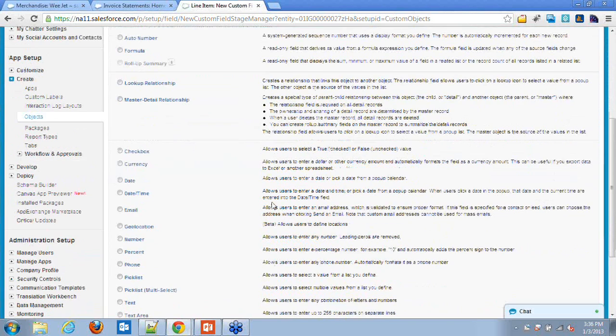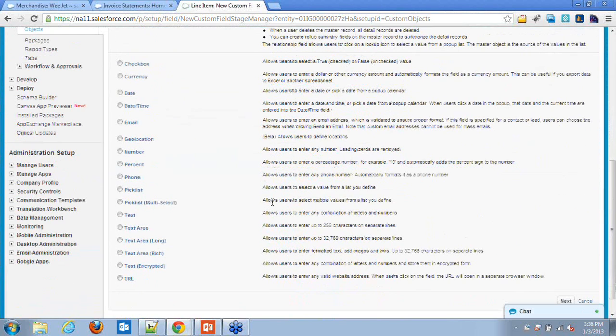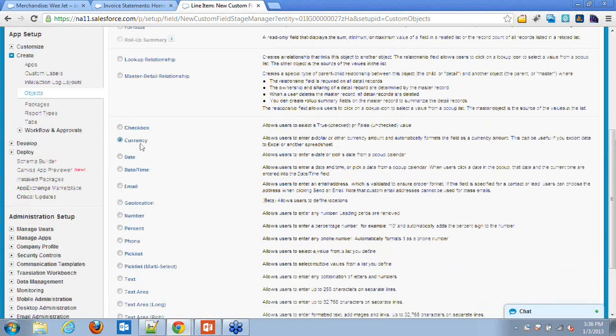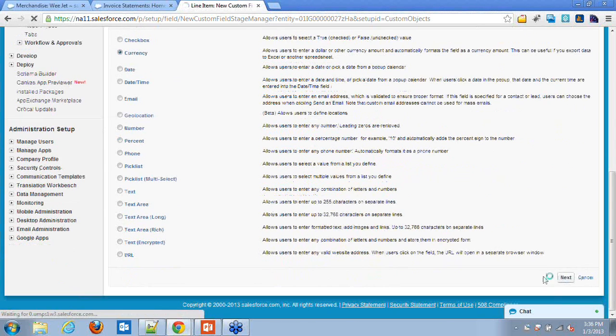Now you have product, you need some pricing for it. So for this line item, we'll add one currency type field, which is the unit price.